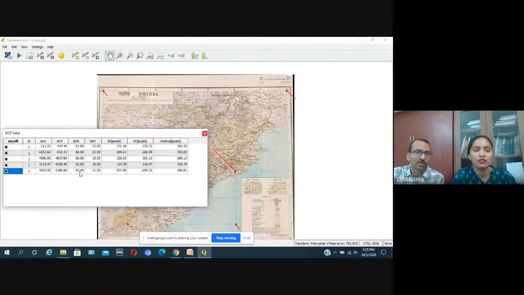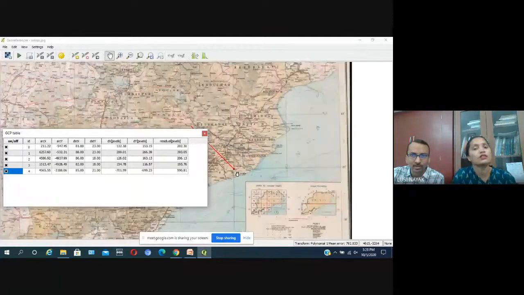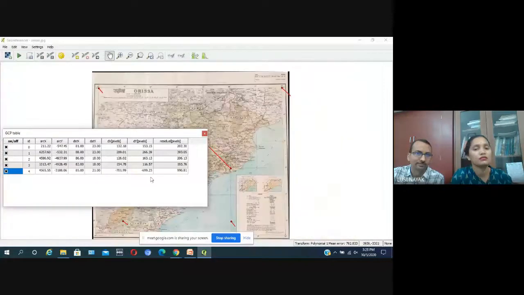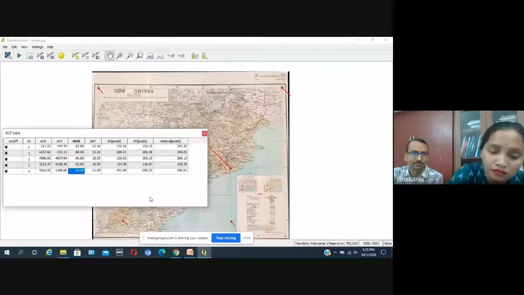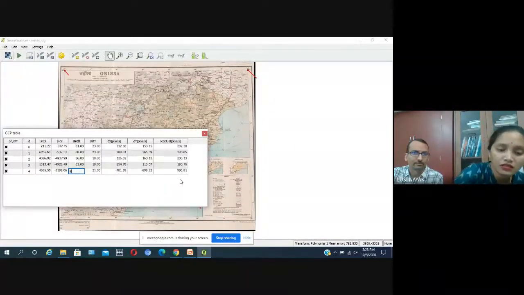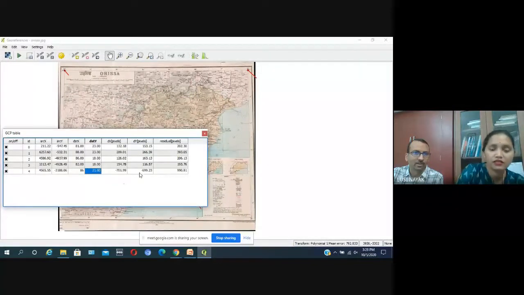So we have to put the exact value here. And latitude 21. Is it 21? No, it is 20. So just change it here. 86 and 20.